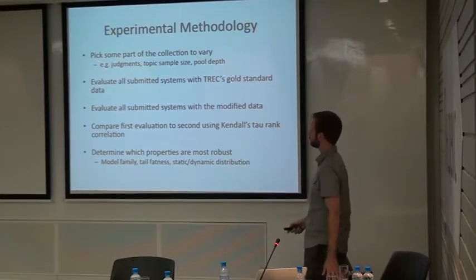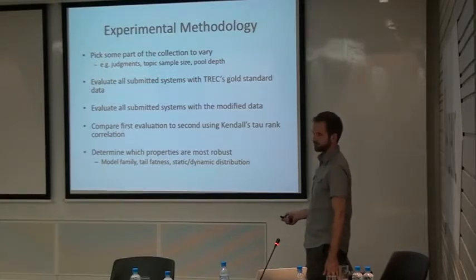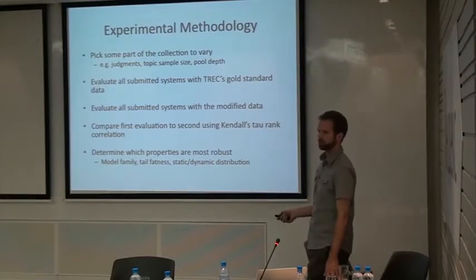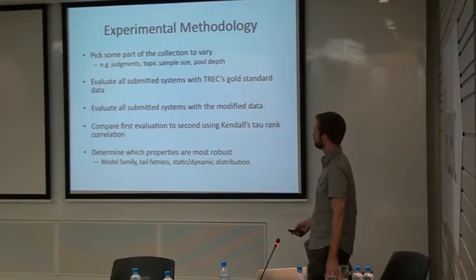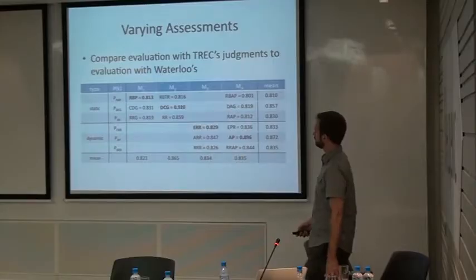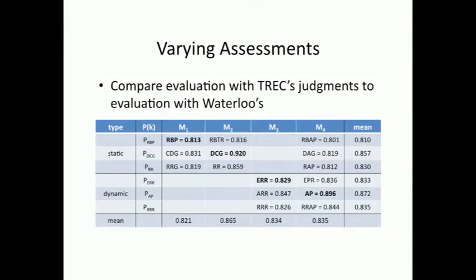We can ask what properties the stopping distribution should have. Should it have a fat tail? Should it have a thin tail? Should it have a medium tail? Should it be static? Should it be dynamic? We can come up with a lot of properties of probability density functions, and then we can test whether those are good properties or not. So these are the kinds of questions we're going to ask, and there are a lot of other questions we could ask.